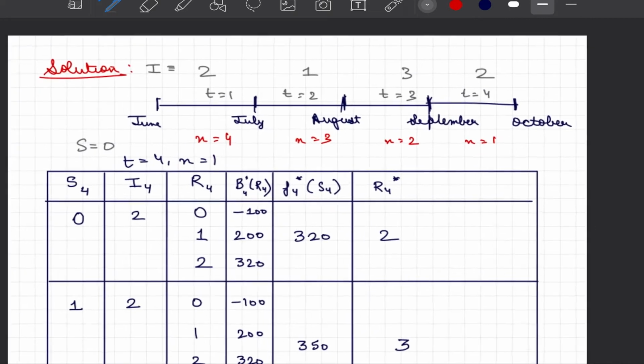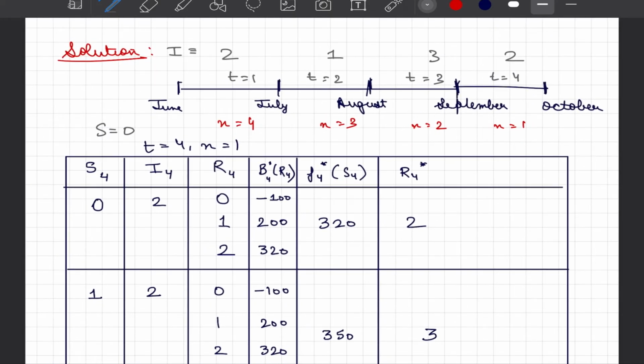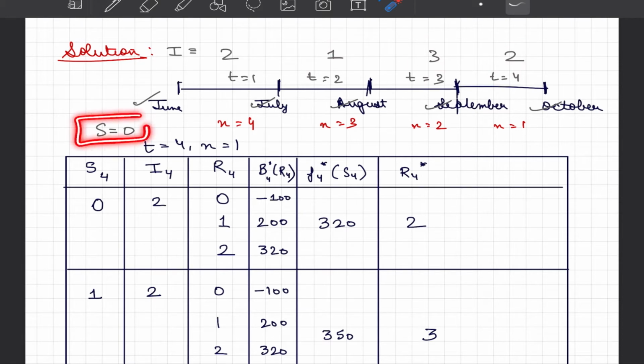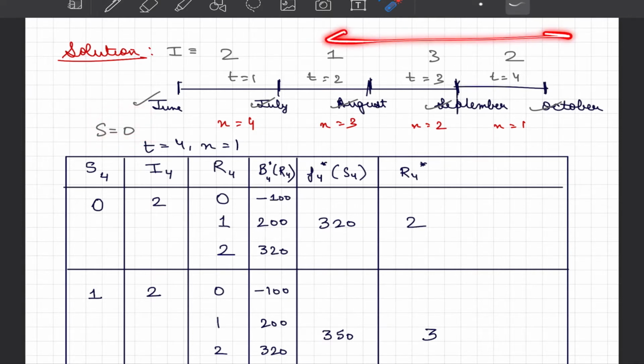Now what we will do is first try to express this problem as a problem of dynamic programming. You see that we have various months here: June, July, August, September, October. So we marked the first time interval as t equal to 1, t2, t3, t4. We have also specified how much precipitation has occurred in the first month, between June and July. It is given as 2, 1, 3 and 2 for the other months also. Also, we are given that storage at the beginning of June is equal to 0. So we know that the boundary condition is specified somewhere here.